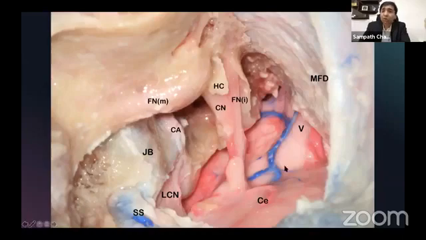You do not have to worry about the brainstem. You do not have to worry about bleeding. Whatever happens, it can be controlled. It's like open surgery. Whereas in the retrosigmoid, things can get tricky because it's a narrower approach, and in a big tumor, it can get a little difficult if things don't go according to plan.